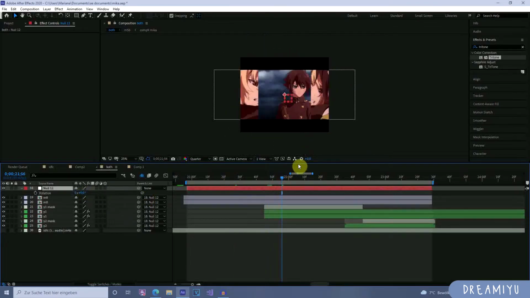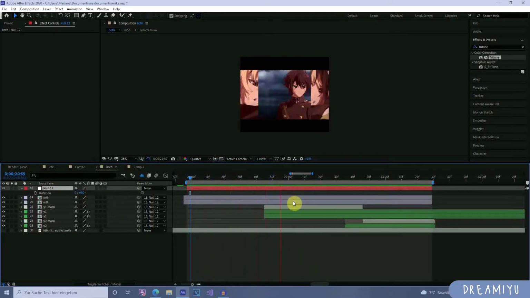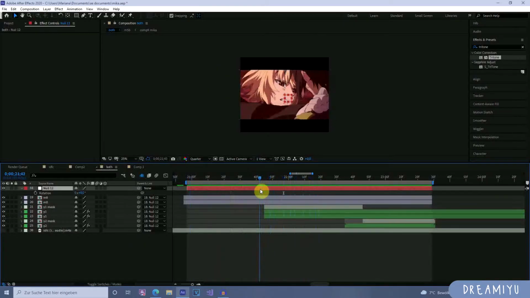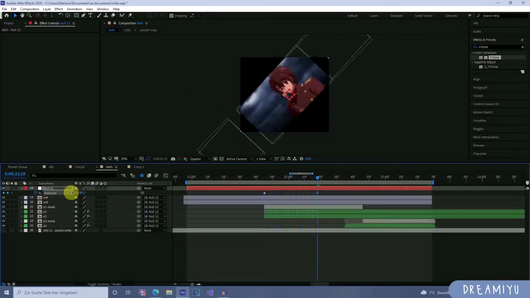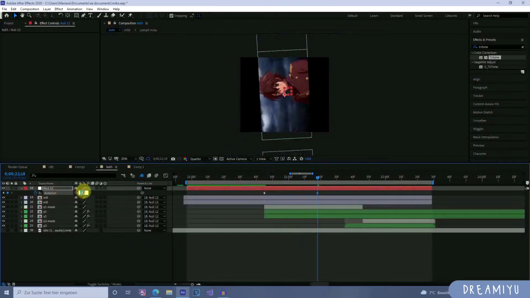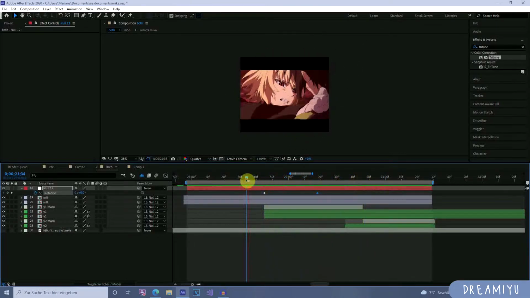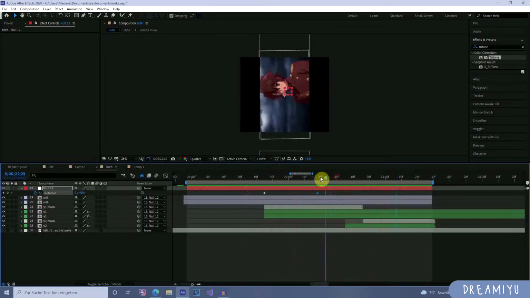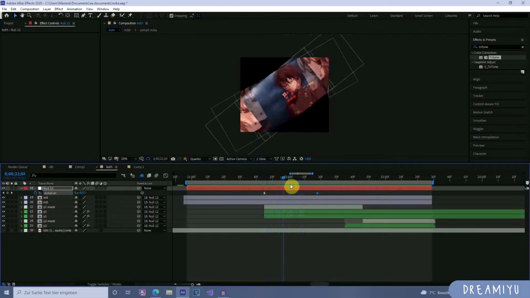And that's kind of what I want, but for now we want a rotation when this transition happens. So I think I'm gonna do -90 here. Yeah, that looks interesting, but I actually